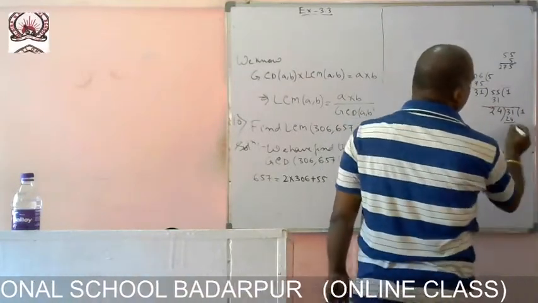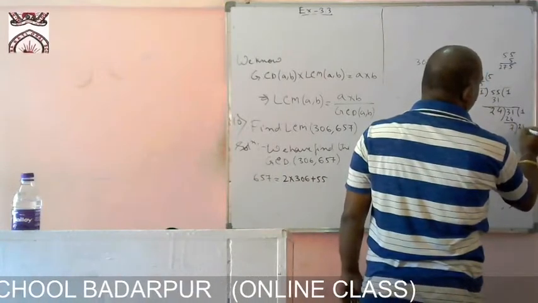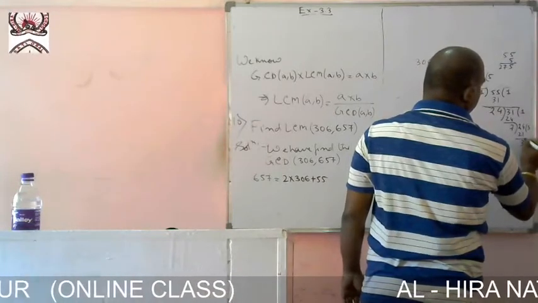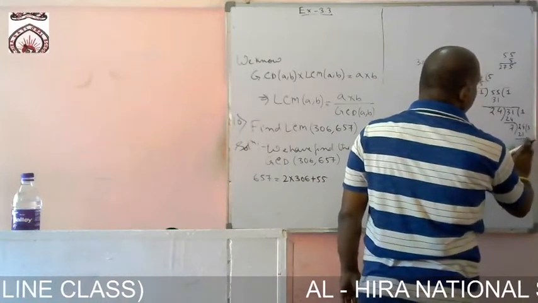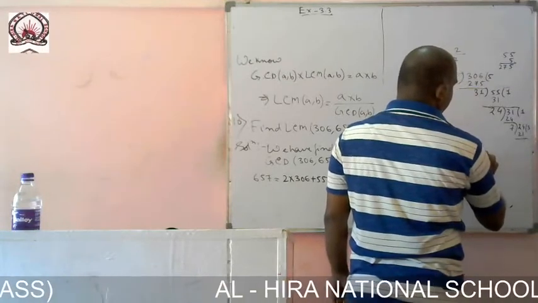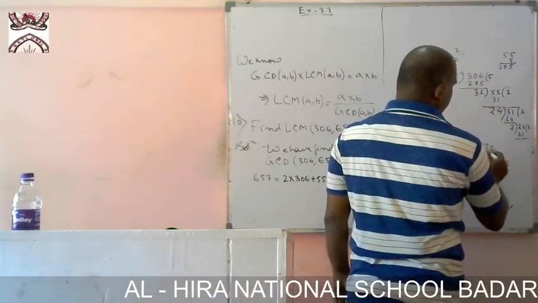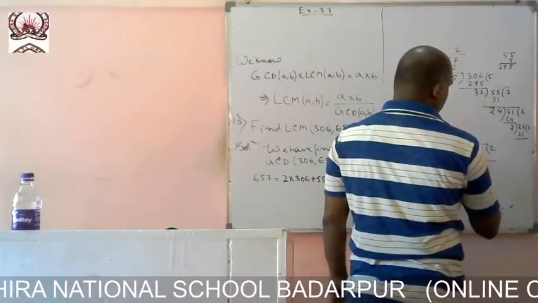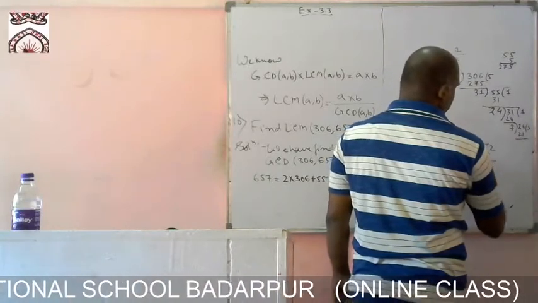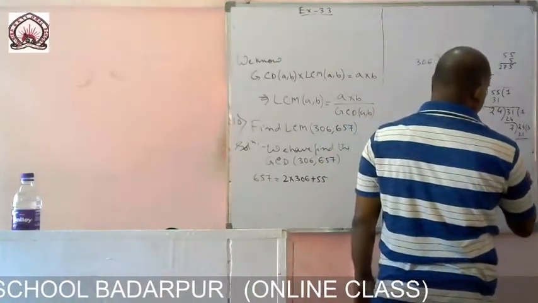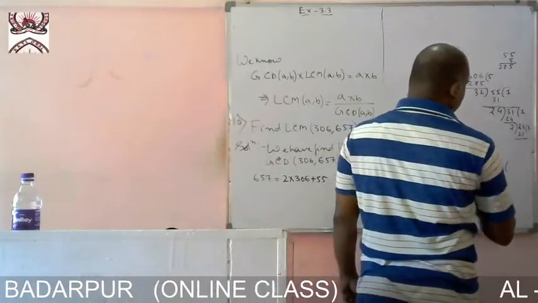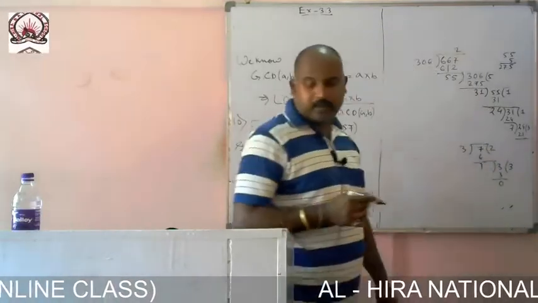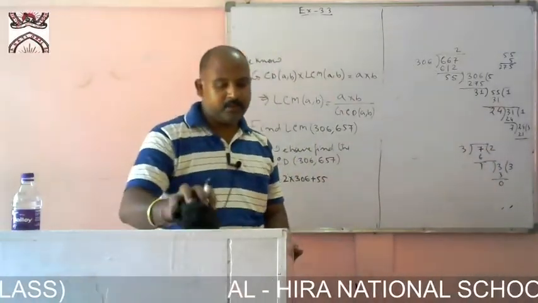That is equal to 7. Then 24, 7 3 21, 3, then after that we are getting 7 3 21, then what is the value we are getting here? 1. Here we are getting 3 into 1, we are getting 3, we are getting 0. The LCM of these two numbers is equal to how much?